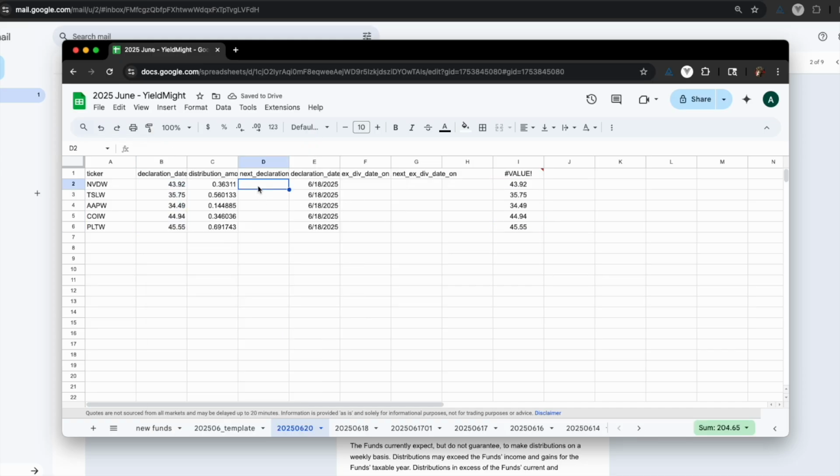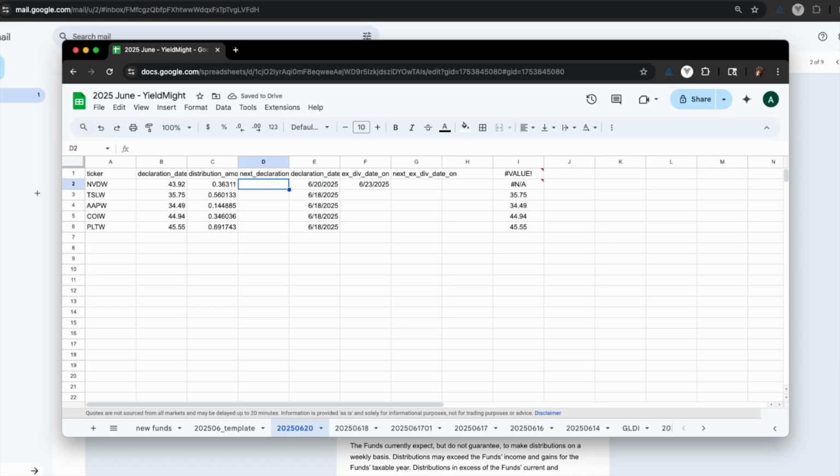And then the ex-div date should be, I'm going to go ahead and look manually at my calendar that my mom always makes. And it should be June 23rd. And then today is 6/20/2025. And these are all weekly.